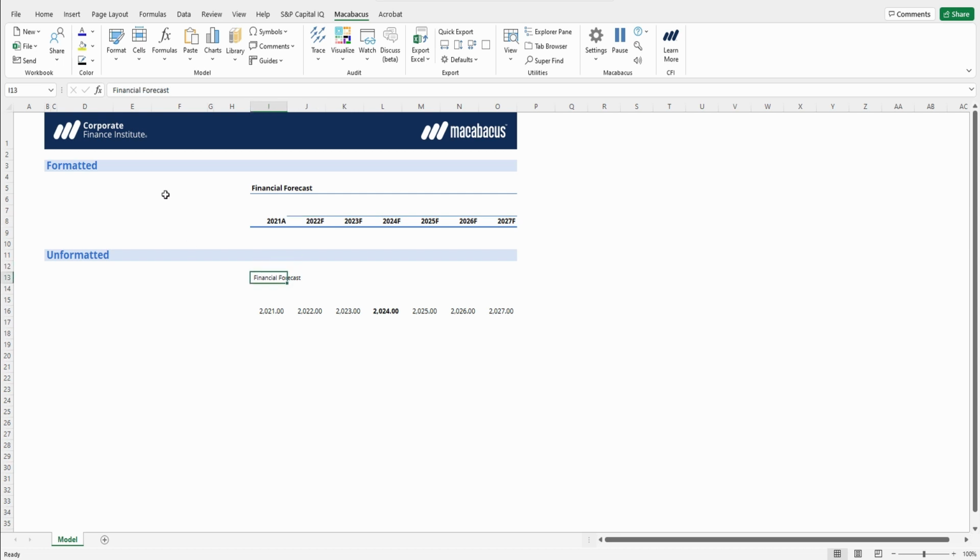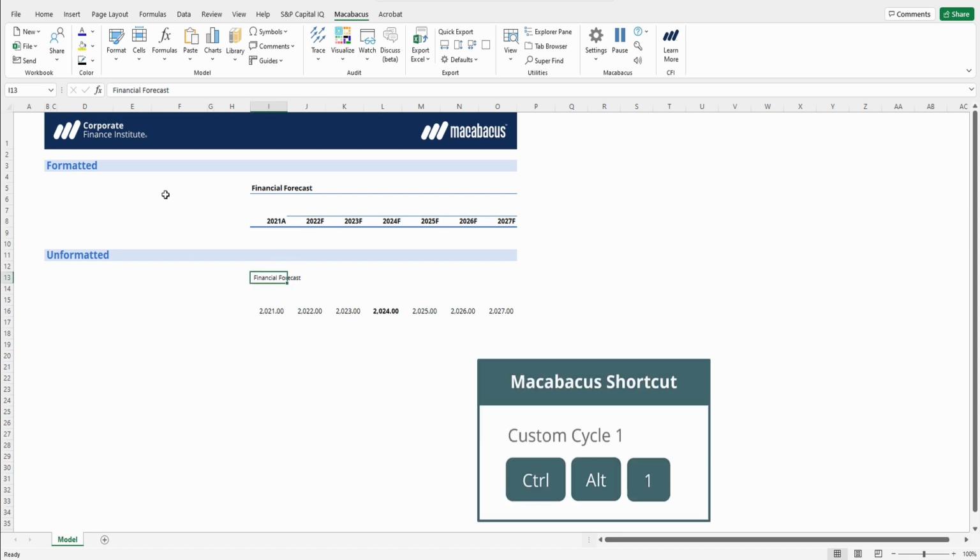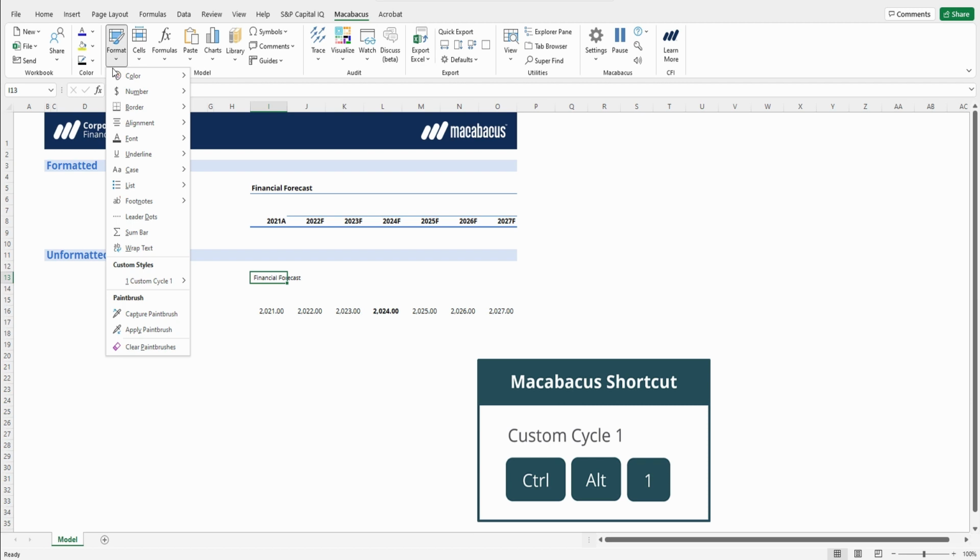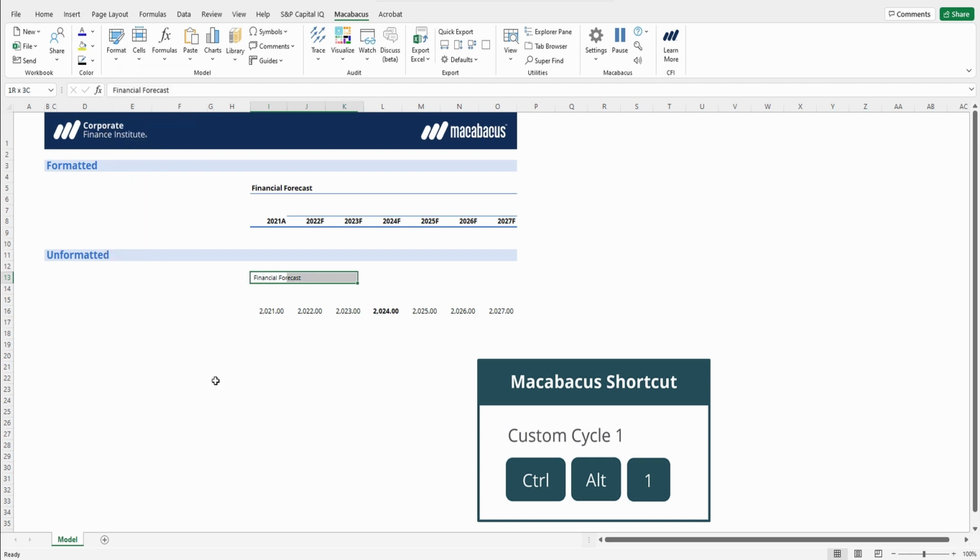And now, if we just press Control-Alt-1 on our keyboards, or if we go up into our format dropdown, we can see our newly set up custom cycle right here. And the custom cycle shortcut is Control-Alt-1. It tells us what it is. And if we just highlight those cells and press Control-Alt-1,